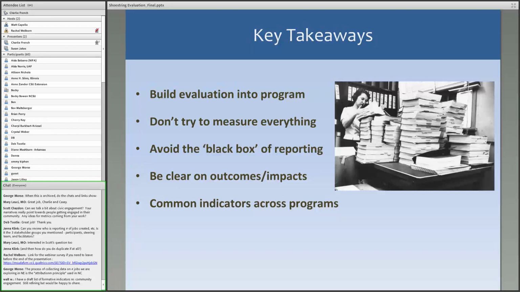But we also use the but-for clause. After we do a program, let's say it's a business retention and expansion program that has reached out to X number of businesses, we try to follow up with those businesses in an interview setting to find out if indeed the program they underwent, or that they were reached out to by community members, had an impact on their ability to sustain jobs, create jobs, or sustain their business. So we actually ask the direct stakeholders for that information, and we have it directly from them.